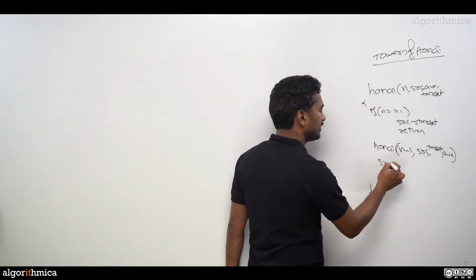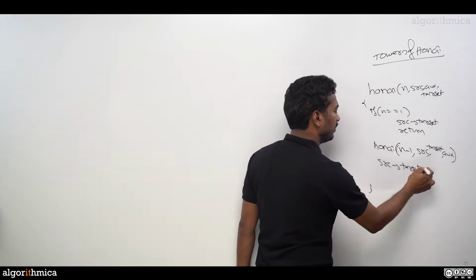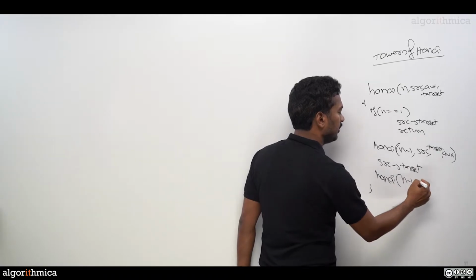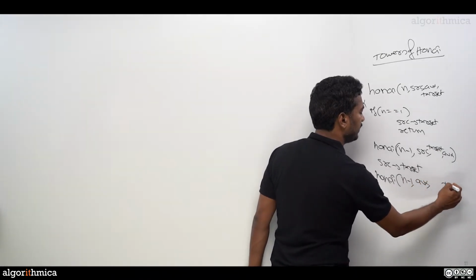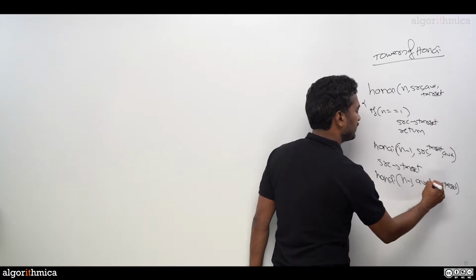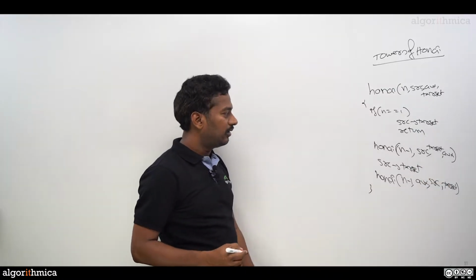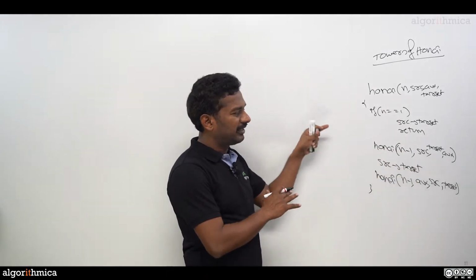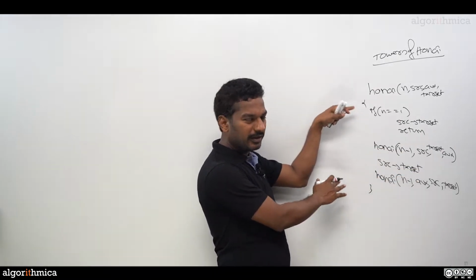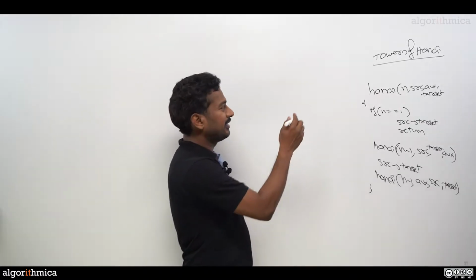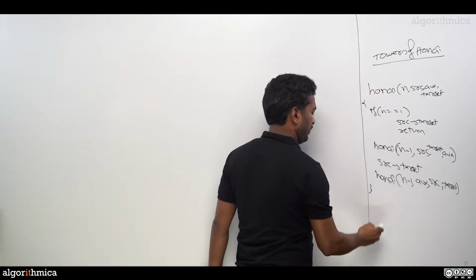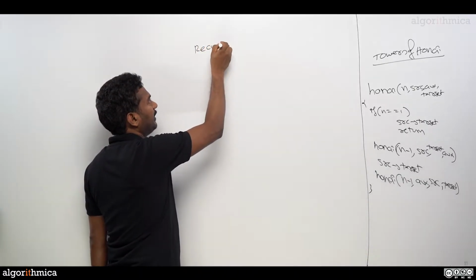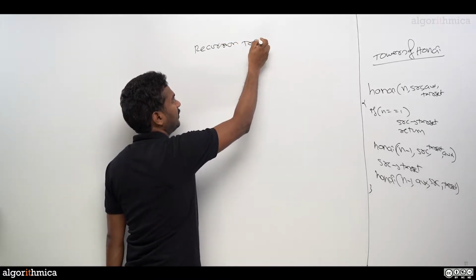Then comes the move from source to target. And again Hanoi of n minus 1, where the source is the auxiliary and the target stays the target. Now the source acts as the auxiliary. That's the second call. This is the template I quickly wrote up to get clarity on how the tree is built. Now let me draw a recursion tree to get the complete detail of time and space complexity.